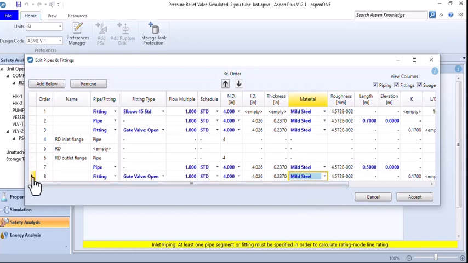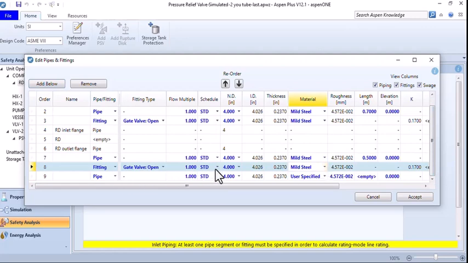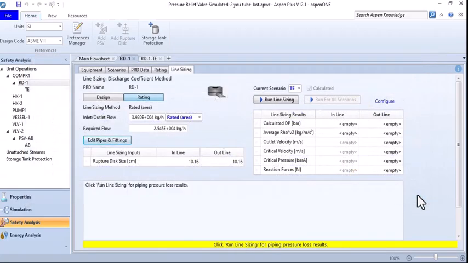And also I can choose this and add below pipe, and the schedule of the pipe is here, and also material can be chosen, for example smooth. Roughness of smooth pipe is 0, and also the length is, for example, 4 meter. Accept these fittings and pipes, and also I should run line sizing for current scenario according to rating